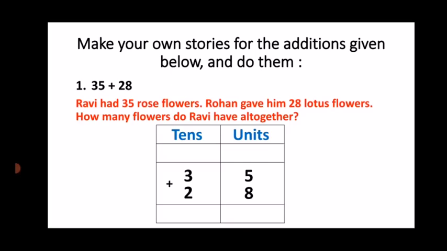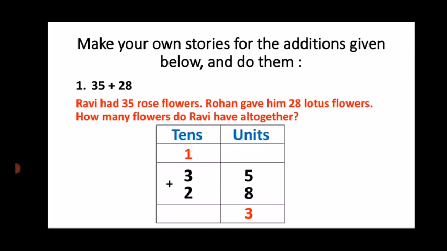Okay, so we cannot write 13 units in the units place. So what we will do, we will regroup them. 13 units is 1 ten and 3 units. So we will write 3 in the units place and carry 1 ten to the tens place. And after this, now we are going to add